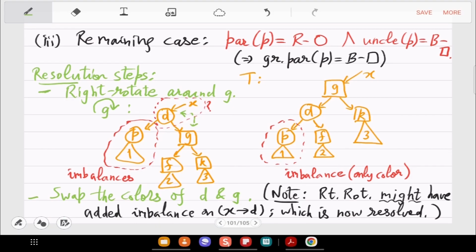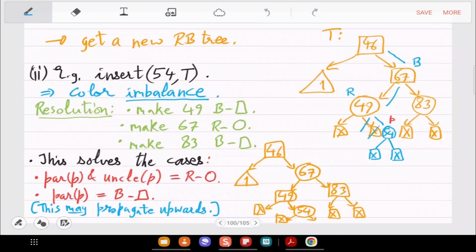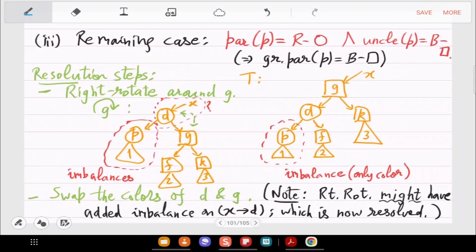So that should be a side note here. This was how we reached this actually. We came from this example, 54 example, and then we reached this. But in general, the assumption here is that without P, we have an RB tree.